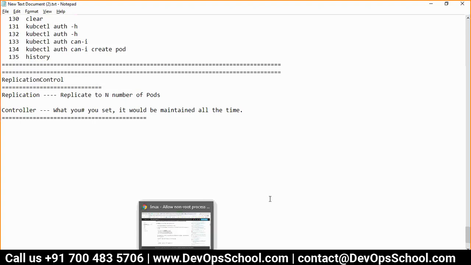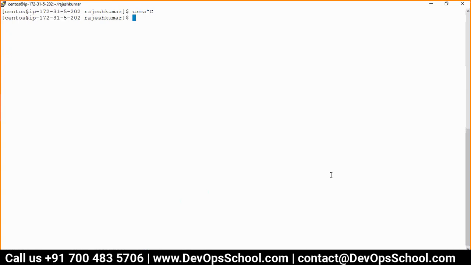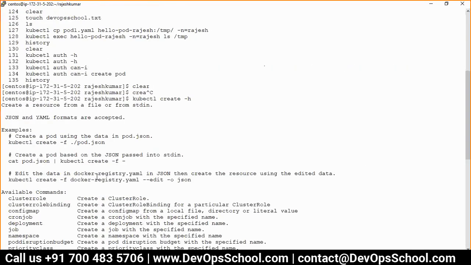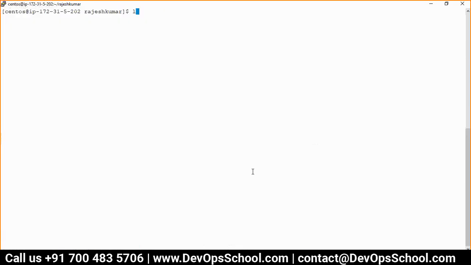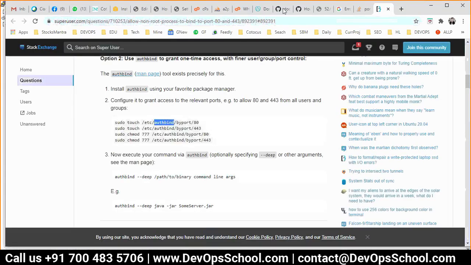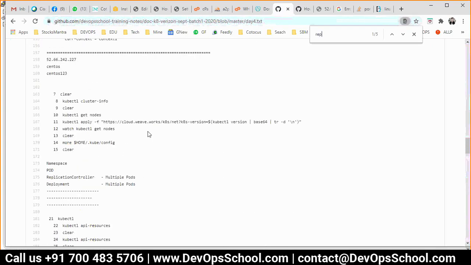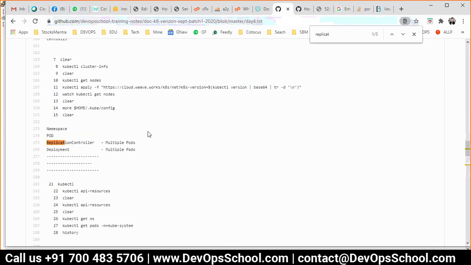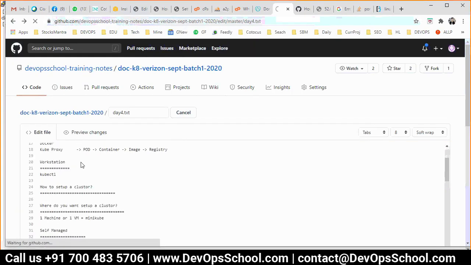So I need an RC. If I go ahead and create an RC with kubectl create -h, see, I cannot create an RC, as the subcommands are not there. So what do we do in this case? YAML file. Let me get a sample YAML file.